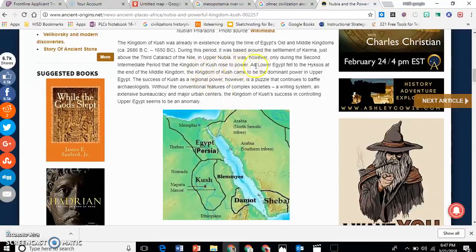And if you keep reading, it says, it was, however, only during the second intermediate period that the kingdom of Cush rose to power. As Lower Egypt fell to the Hyksos at the end of the Middle Kingdom, the kingdom of Cush came to be the dominant power in Upper Egypt. The success of Cush as a regional power, however, is a puzzle that continues to baffle archaeologists. So if we go back to your map,